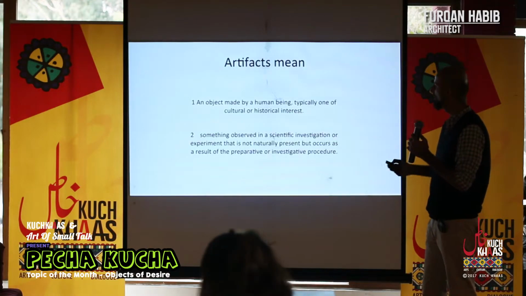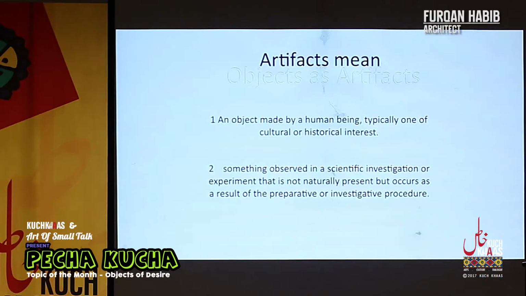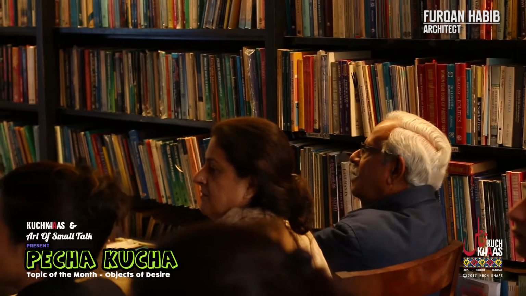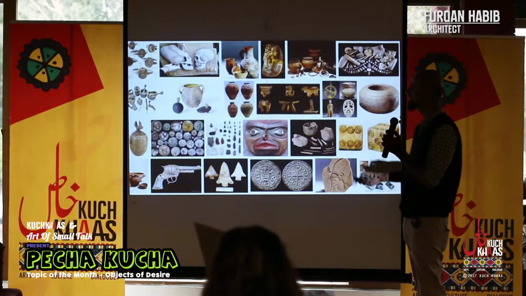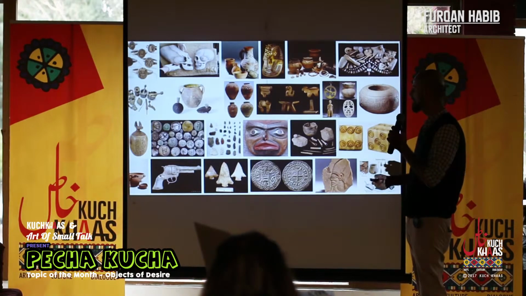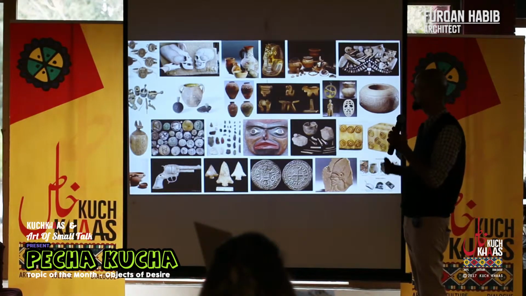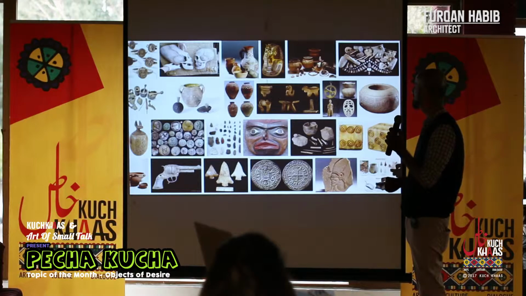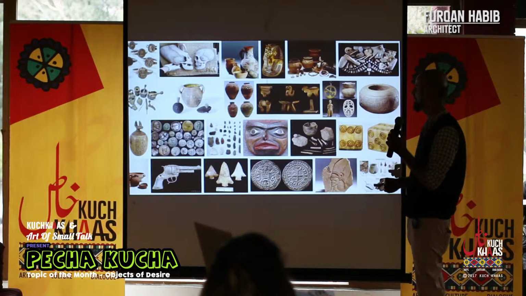So if we look at artifacts, what do we mean by artifacts? This is a typical answer you get when you Google it. It's actually typical objects that embody culture and heritage interests of a certain kind of people. So when you Google it, you get these kinds of images. All these images are objects that are symbolic of a certain kind of culture that depicts their technology, their interests, their beliefs and their rituals, and so on.